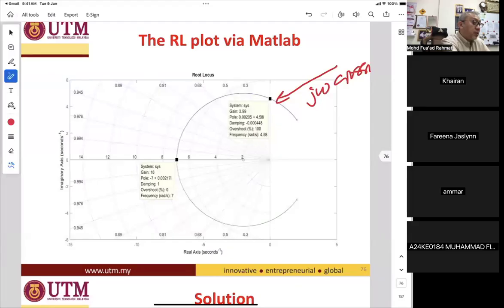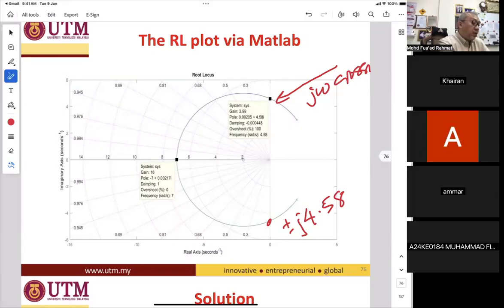So the value is plus minus j4.58. Can you see, guys? Yes, okay. And the gain K,